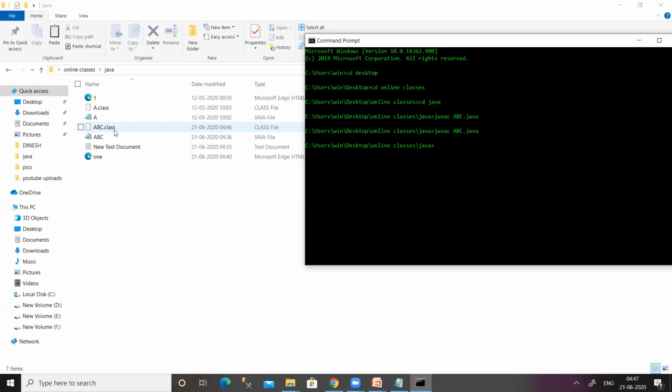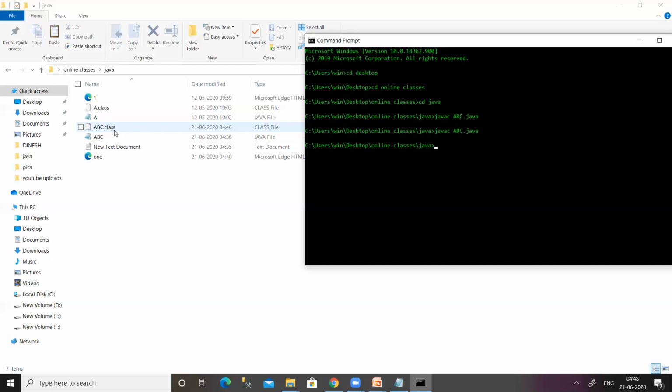As we studied in the first session, in order to compile a standalone application, that is a normal Java program, we use the command javac. Similarly, in order to compile an applet program also, we use the same command javac. But while running a normal standalone application, we use a command called java.